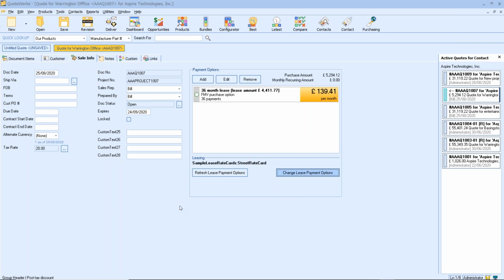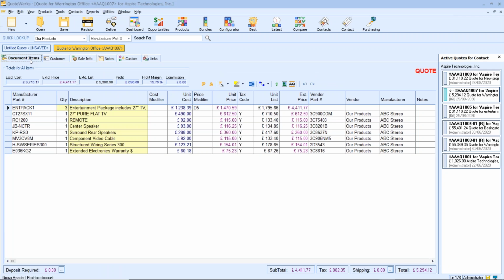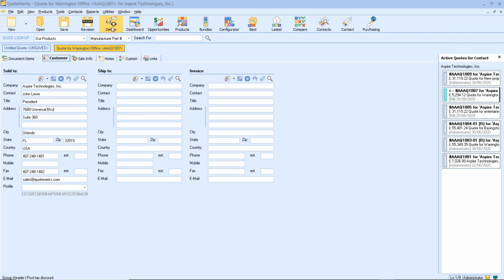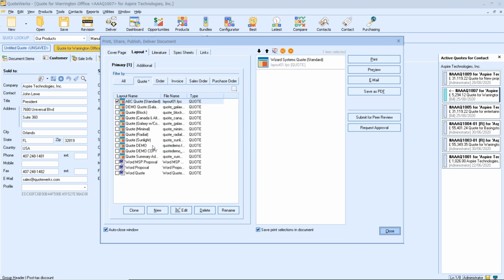Now, another part of this is the quotation layout. So I have already created my quotation. I've got the customer details in there as well. I now go to deliver, and this is where I can, provided my quote layout supports this, select the quote layout that includes the leasing figures. And if I just show you a preview of this one,